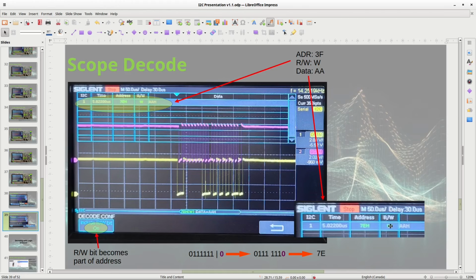It still knows it's a write bit and AA, but this is now telling you the address is 7E, which is not 0x3F, right? That's because it's included. This is how the decode was done before, with a separate write bit, but now it's including the write bit in the address, and so it becomes 7E.